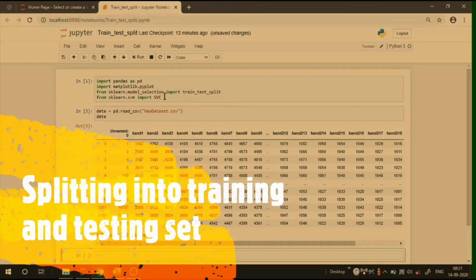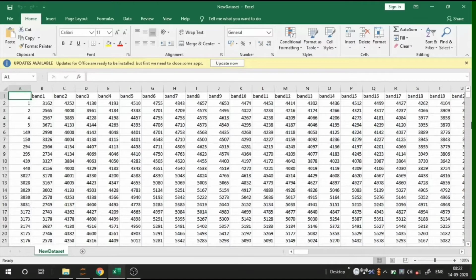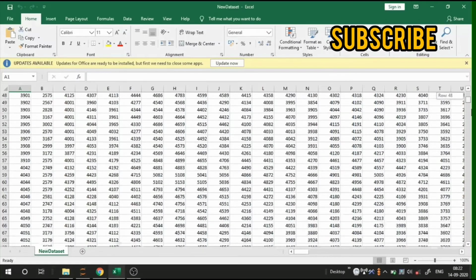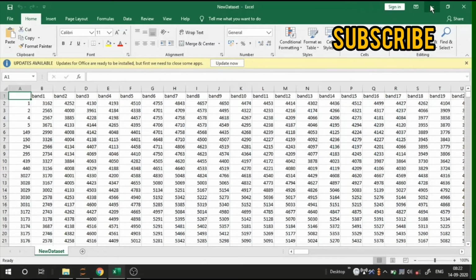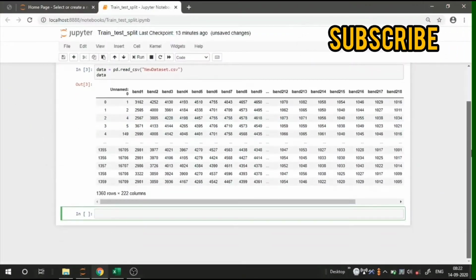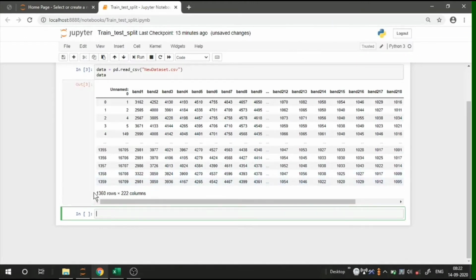About how to split the data set into two sets, that is training set and testing set. For that we have taken this new data set, which is in CSV format. See, there are 1360 rows and 222 columns. So from that we are just taking